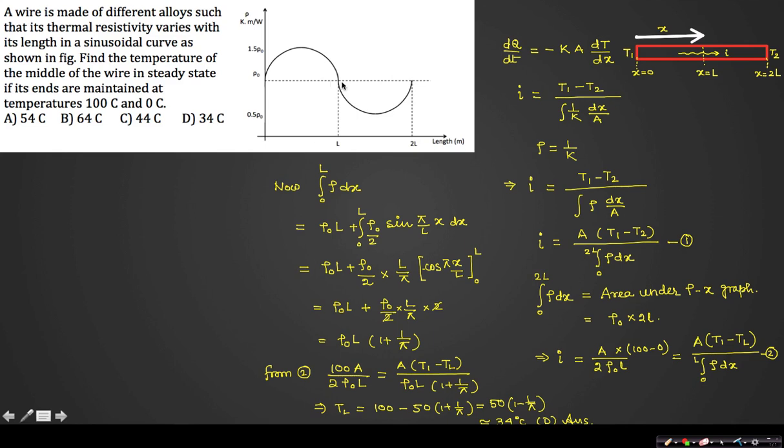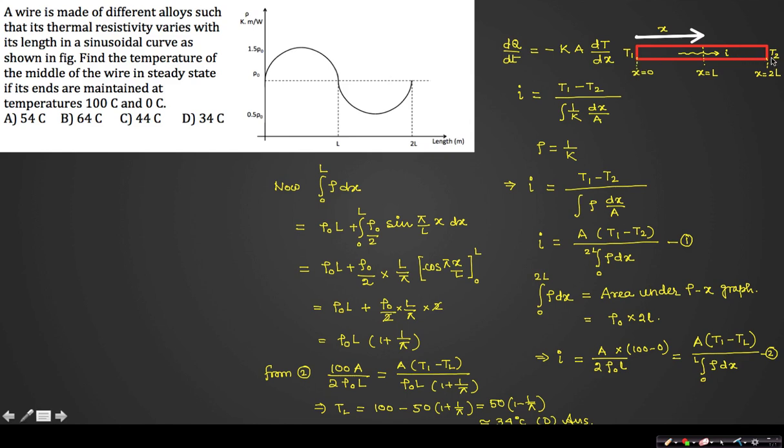This will be plus and this will be minus, right? So instead I will take this rectangular area as the integration of rho dx, right? So that is the area under the rho-x graph, which is rho naught into 2L. So that gives me the total current. But as the current is everywhere the same,